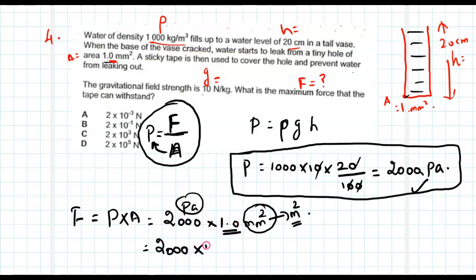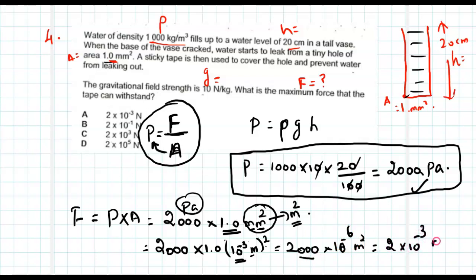So I can write here 1 millimeter. Milli is 10 to the power minus 3, that we have to know by heart. And you write meter, and this square. The next step, 2000 into 1 is 2000, and this 10 to the power minus 3 square will be 10 to the power minus 6, and meter square. Now using a calculator, you will get 2 times 10 to the power minus 3